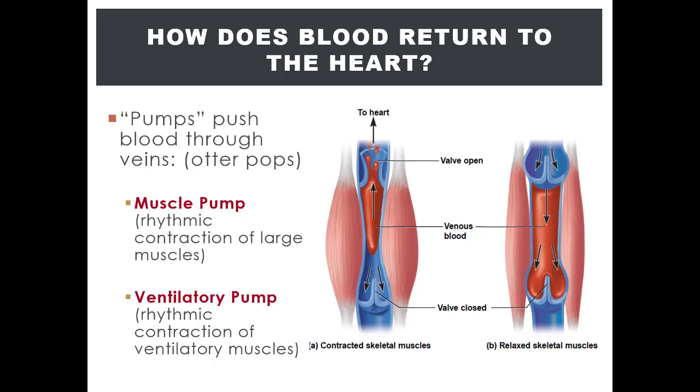Well, during exercise, we are obviously contracting our muscles continuously, and thus we are facilitating blood flow back to the heart. And this is why during exercise, there's increased venous return along with increased distribution of blood from the heart through the arteries. In other words, the heart receives more volume of blood for a given time frame during exercise compared to rest because the muscle pump is highly active, creating high to low pressure gradients, facilitating venous return. This in turn will provide the heart with more blood to eject and distribute via the arteries.